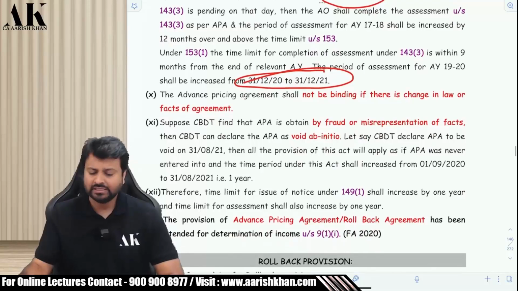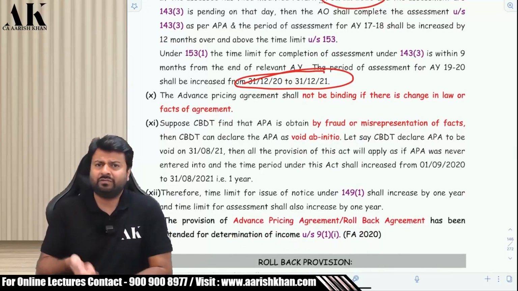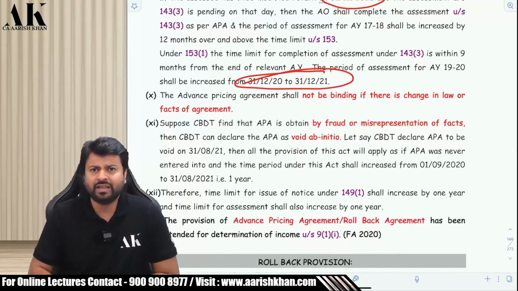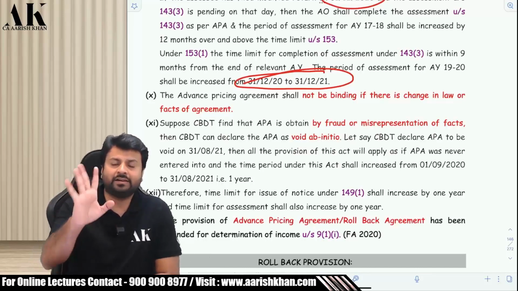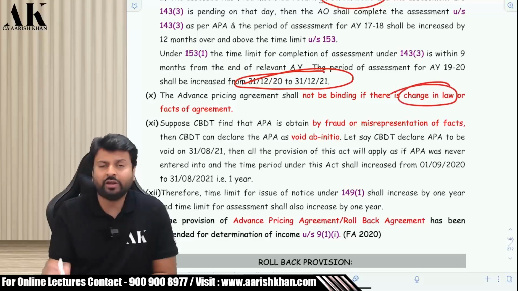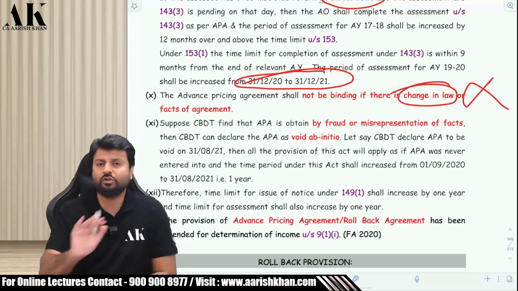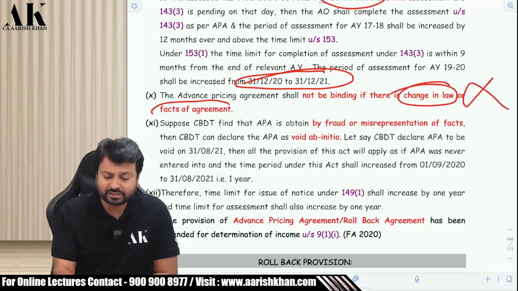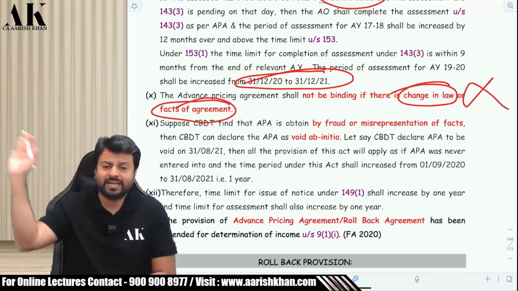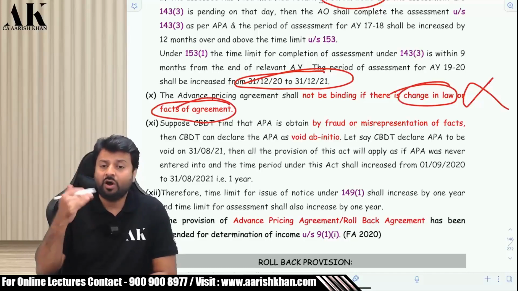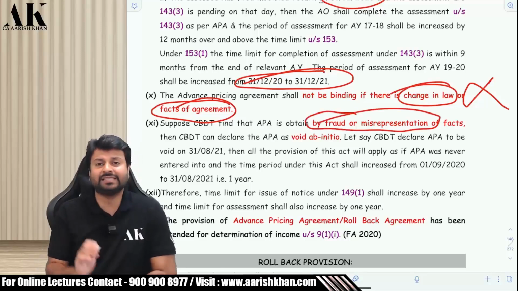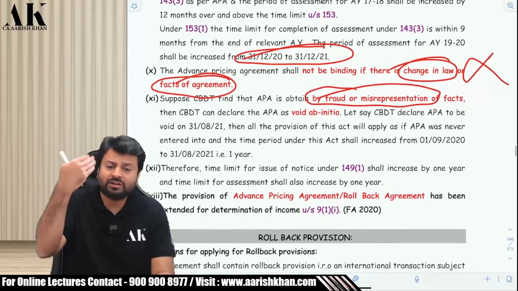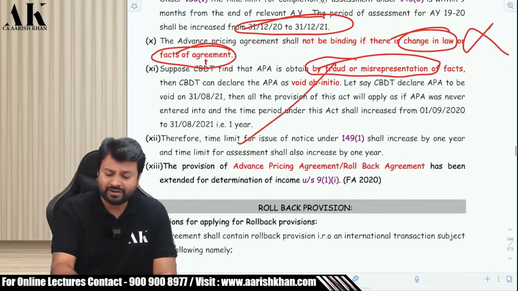Don't worry. Okay. Now, advance pricing agreement, is it mandatory always on everyone? Is it binding on everyone all the time? Not necessary. Advance pricing agreement is not binding in certain cases. If there is a change in law in future, then advance pricing agreement is not binding. If there is a change in facts of the agreement in future, then advance pricing agreement is not binding on the assessee. Or if later on the department comes to know that there was a fraud done by the assessee, or there was a misrepresentation of facts done by the assessee,